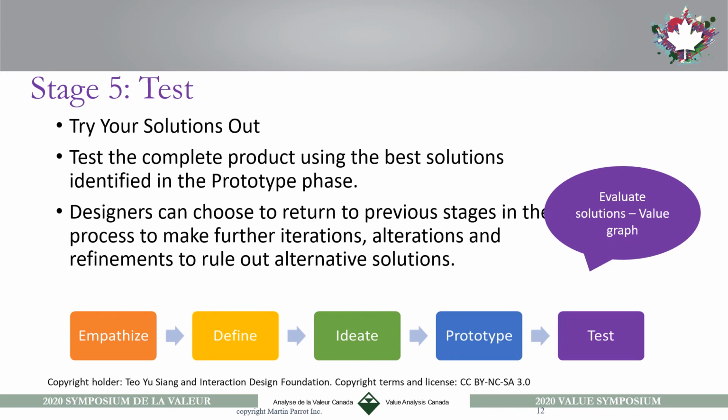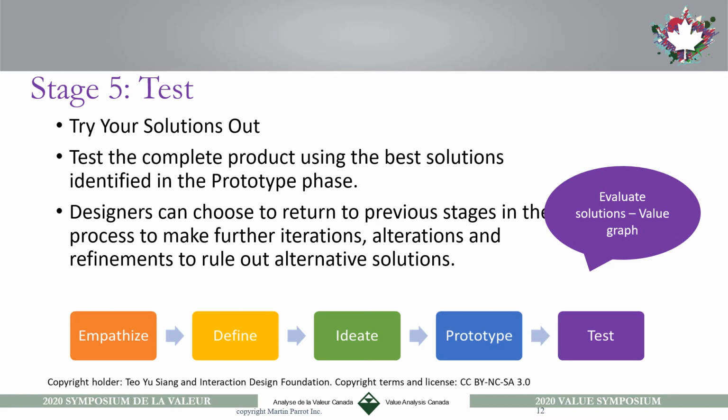Stage 5 is test, where you try your solutions out. So you take your prototype and you go see your users and say, try it, tell us what works well, what doesn't work well, and then you can have iterations to go back and say, well, maybe we didn't understand well, maybe we should try something else, and eventually you have a whole bunch of alternate solutions,